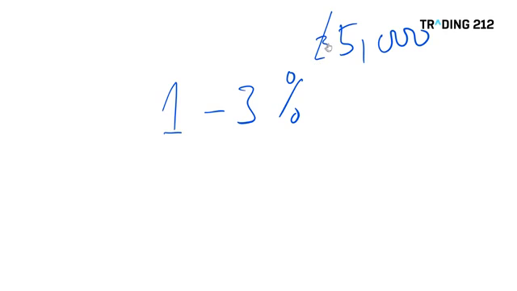Now, most sensible approaches to risk management suggest that you should only risk losing something like 1 to 3% of your account on any one trading idea. So for example, let's go back to our £5,000 account. If I decide to risk losing 3% on any trade, what it means is if any trade goes wrong, it should only lose me £150 in this example, because that's 3% of my account.